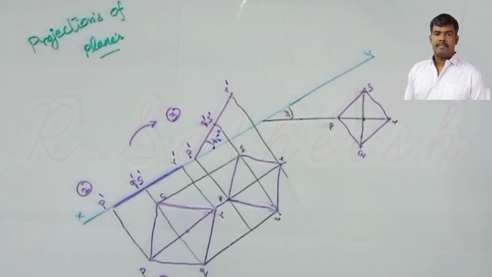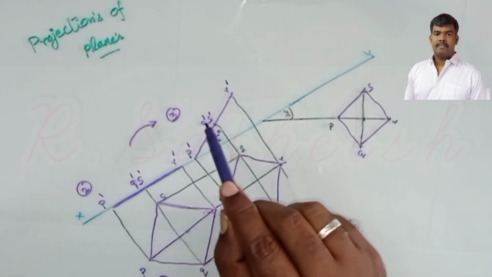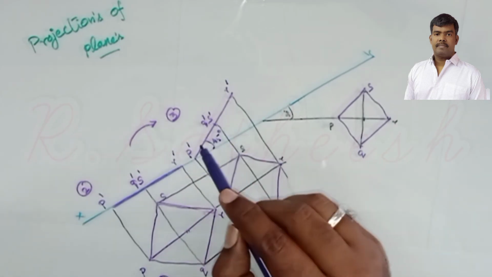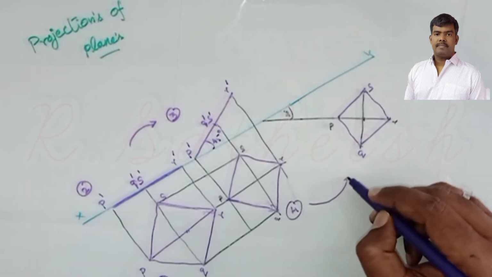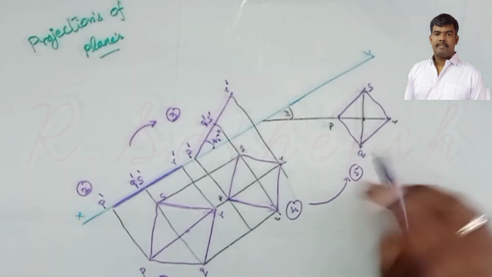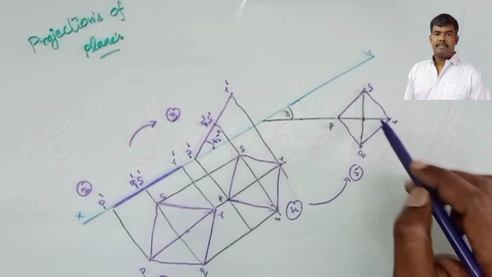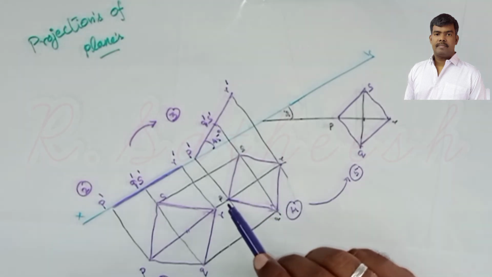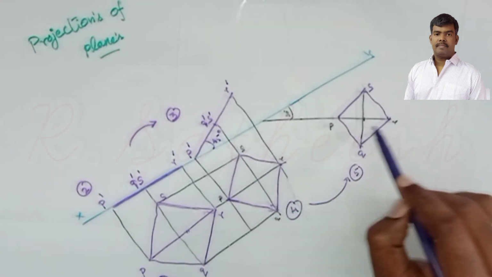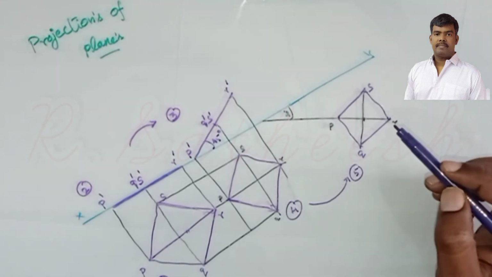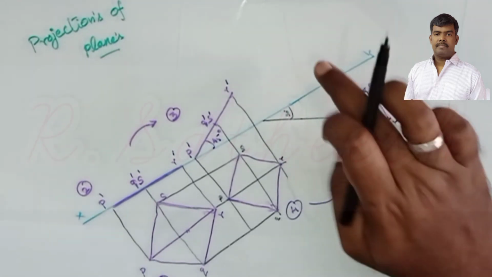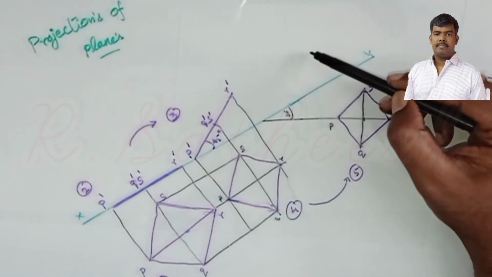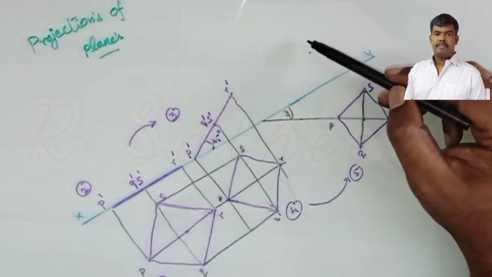P. So let us assume this is the first diagram, this is the second diagram, this is the third diagram. So second and third are both the same shape and size, only the angle is different. We get the fourth diagram. Now the fourth diagram and fifth diagram are both the same shape and size. Only one difference: the diagonal PR is parallel to VP. Now the diagonal PR is inclined to VP as per the given value. Clear? Now after that, from the fifth diagram, finally we get the sixth diagram, the final answer, the final front view. This is the final top view, this is the final front view, the sixth diagram we want to draw.